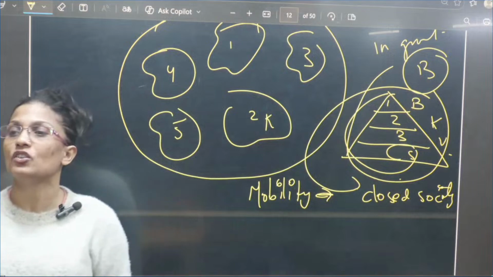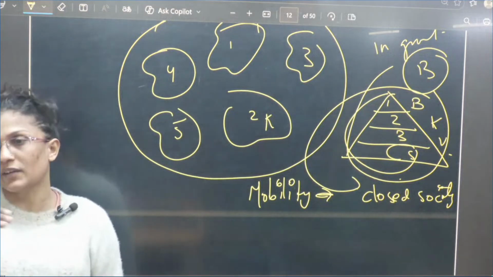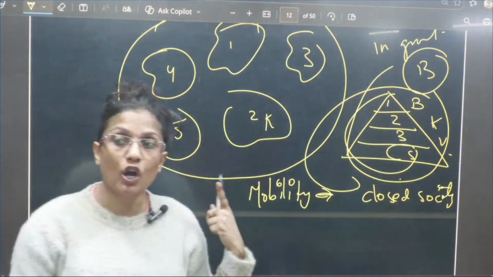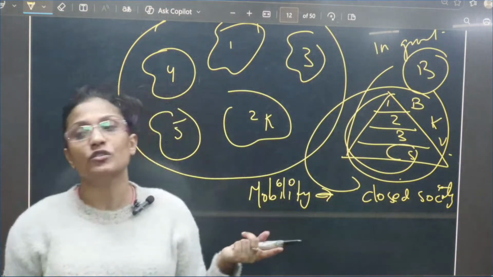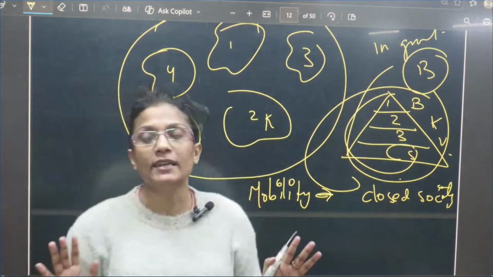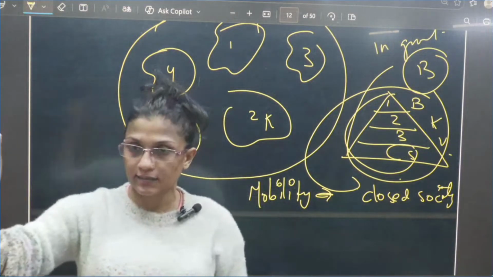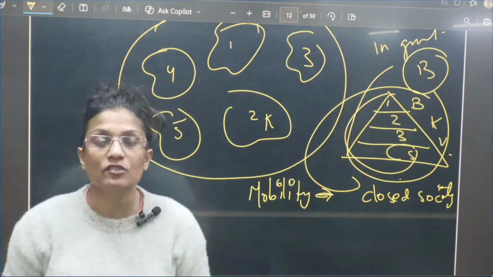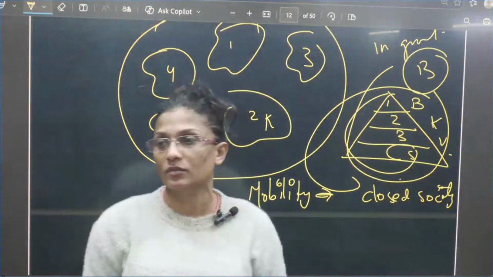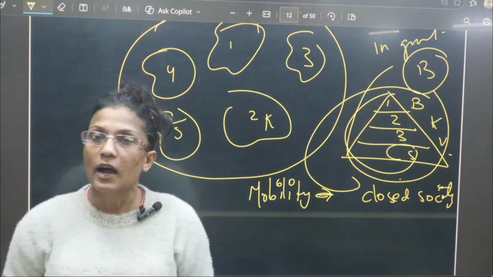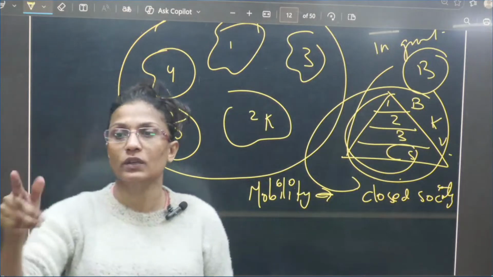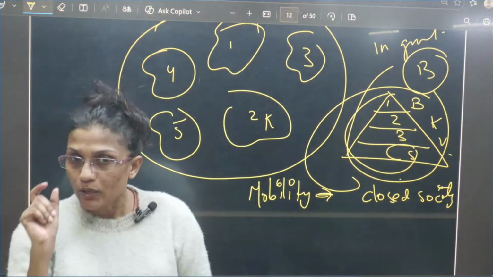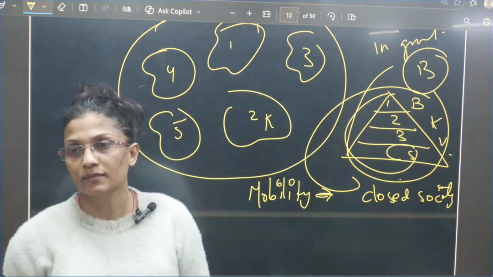In social stratification, what I am explaining, there are different dimensions: caste, class, gender, racial. Then now I am explaining what? Open society and closed society. So now open society, it means that you can change your class. You can be higher class, you can be lower class. But can you change your position in the caste? आप एक rich दलित हो सकते हो. आप एक पुअर ब्राह्मण हो सकते हो. You cannot change your status.